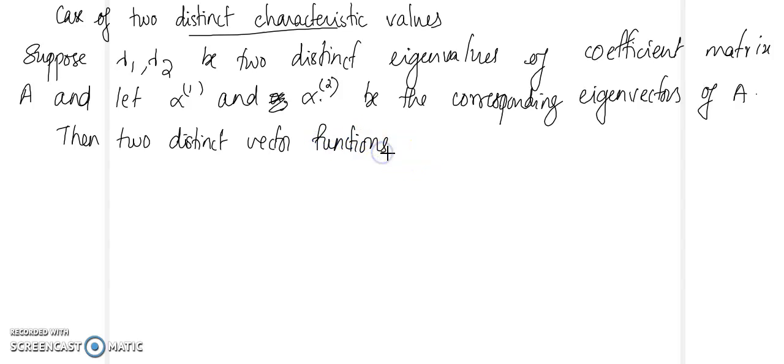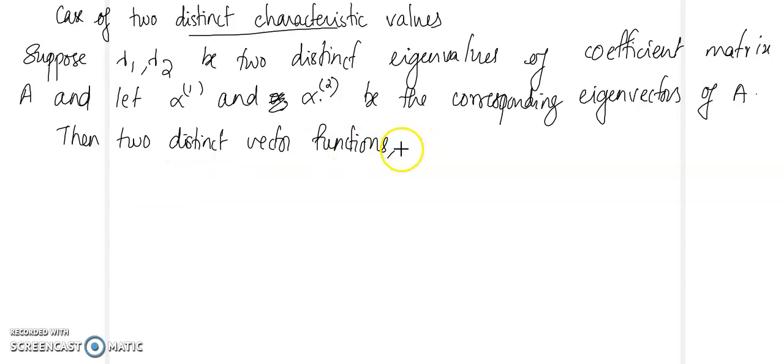When we solve the problem, we'll take the trial solution: x equal to alpha 1 e raised to lambda t and y equal to alpha 2 e raised to lambda t. Substituting, the characteristic equation roots will be the eigenvalues, and you will get alpha 1 alpha 2 values. They will be the components of these eigenvectors. So the two distinct vector functions we are going to get,